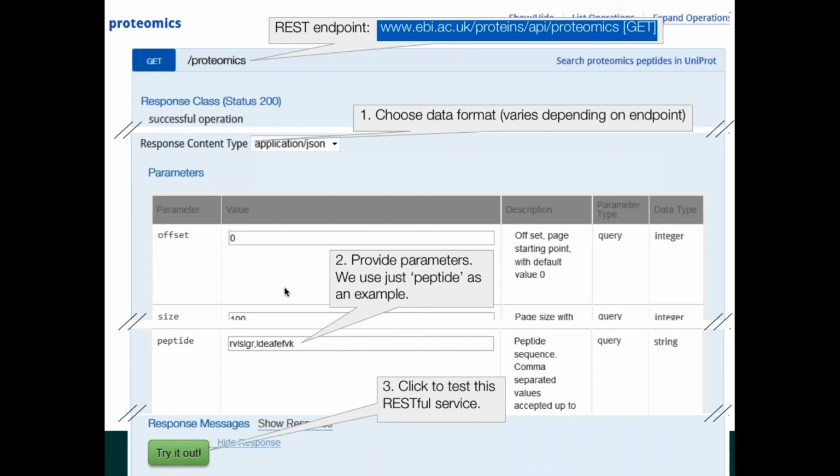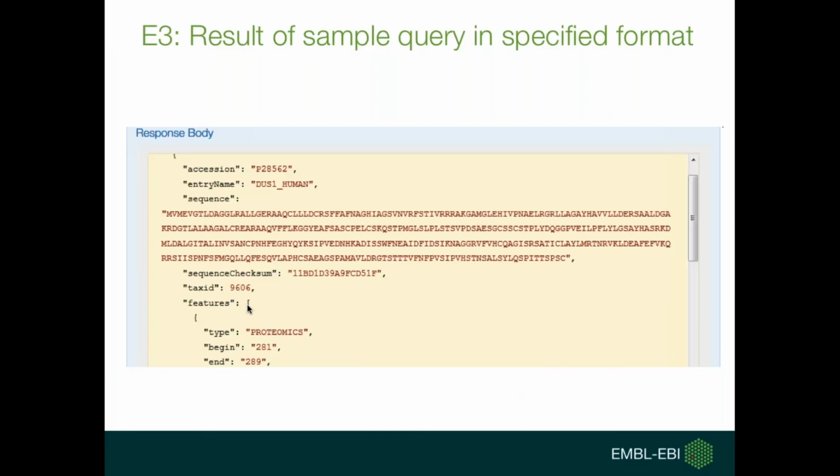You can now test this by clicking on the little green button at the bottom that says try it out directly in the documentation. When you do this, what you get is, for once, the response body. This is the actual result of the query. It looks a bit like a Python dictionary. This is the JSON format that we specified as the result type. It contains at least one entry that's named DUS1 human, including its entire sequence. And this entry has at least one hit for one of those peptides we provided, which starts at position 281 and ends in 289. There are other hits, as you can see by the slider here, which were cut off